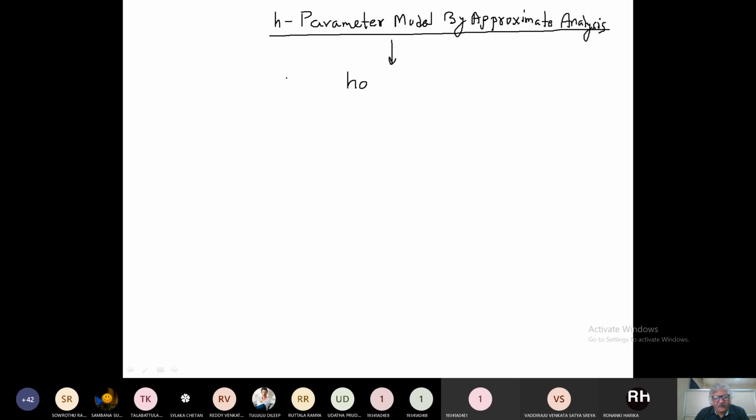HR is reverse voltage gain. HF is forward current gain. And HO is output admittance. So if you have the value of HO and the value of RL,